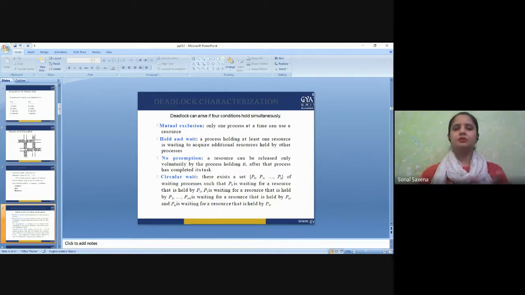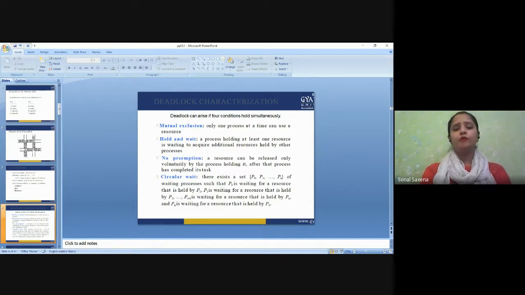So this condition is creating a circular wait where nobody is going to release the resource that it is already holding, but it is making a request to acquire another resource, and no process wants to give back or release the resource it has already acquired. It is waiting that as soon as I grab another resource, I'm done with the process. So no process is going to release the resource. Every process is in a greed, in a need to get executed first. As soon as it gets the requested shared resources, it will quickly get executed and get free. So this is the condition where deadlock can occur.